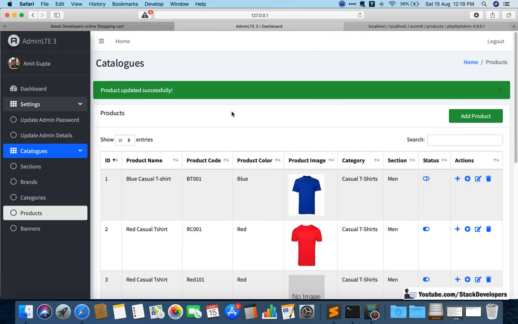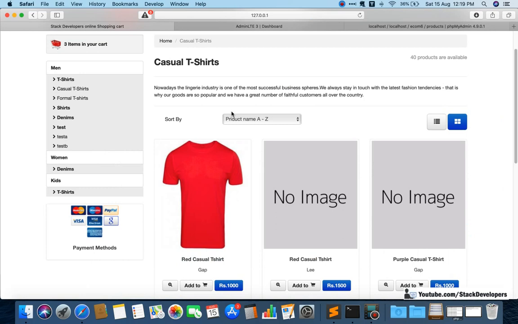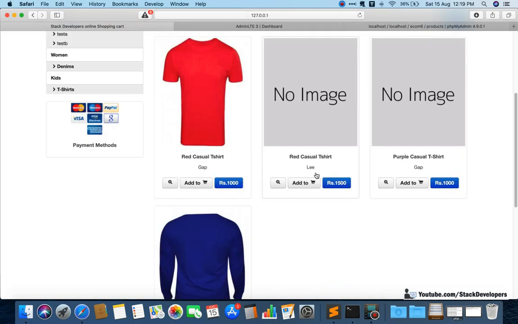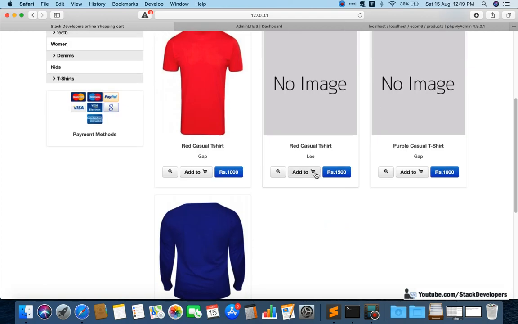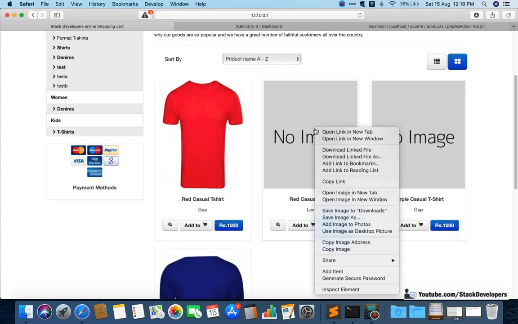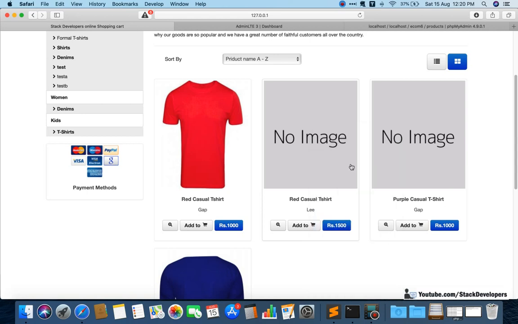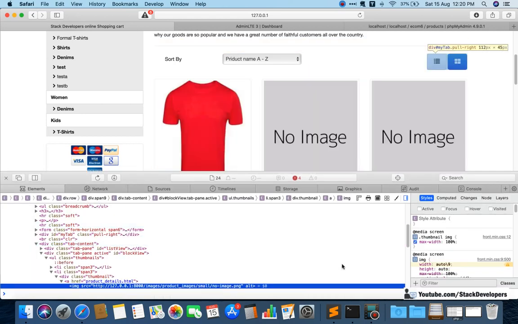Submit. Going to check. Okay, now it looks fine, but the image size does not look good. Make sure the image size looks fine. We can check the image size here.